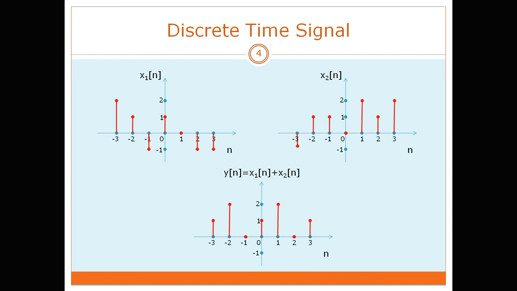So in discrete time signal also, we need to draw a table as we have discussed in the continuous time signal. But here we need to take exact points. That means n equal to -3, -2, -1, like that. But in continuous time signal, we need to take the range from -3 to -2. Why? Because it is a continuous signal. Okay, this is the concept of addition.